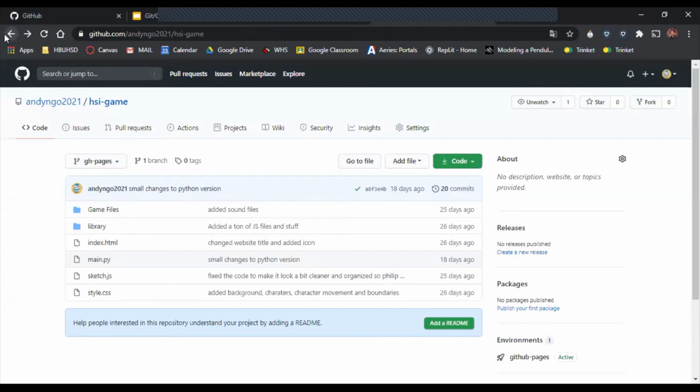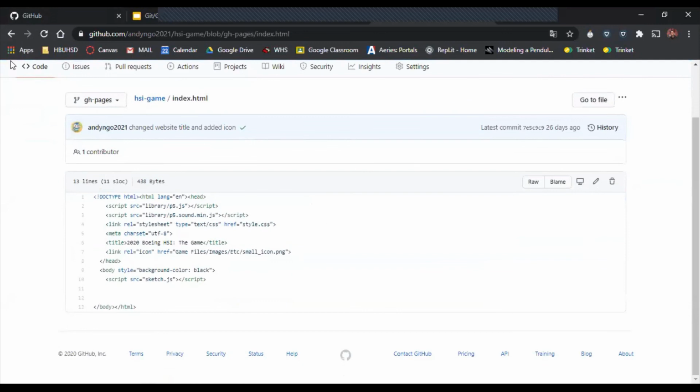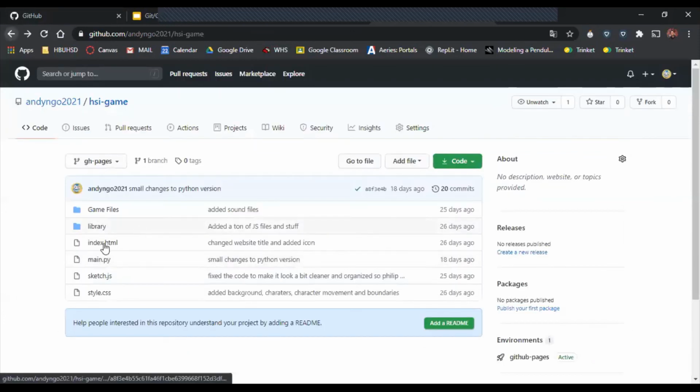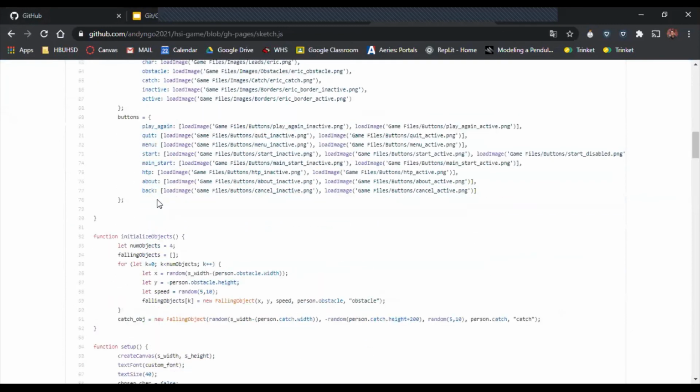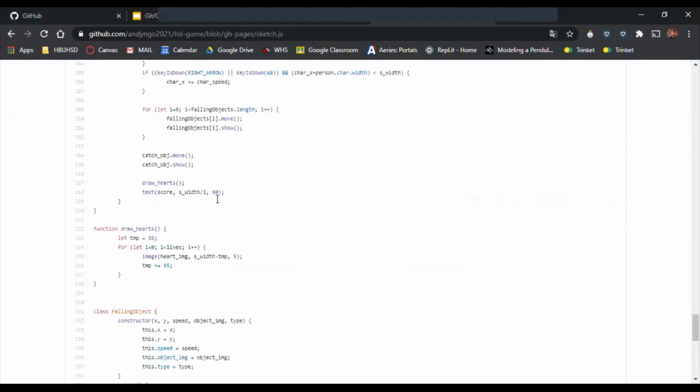So what I did was I made HTML, JavaScript, and CSS files, and I put them into a repository. And if you can see the branch name here, it's literally gh-pages. So you can look at the HTML, CSS. I'm sure you guys have taken some CS class, right? You learned this stuff, so I don't need to say what it is. But basically, I made everything in JavaScript. Sketch.js uses the p5.js library to create all the visuals and all the movement stuff. So I did all of that,